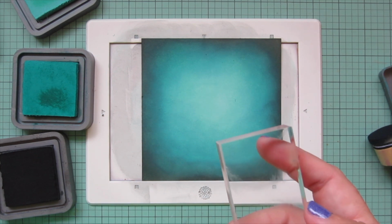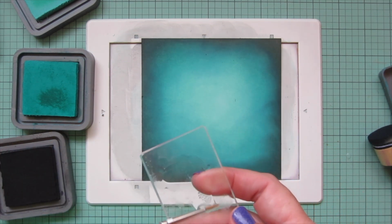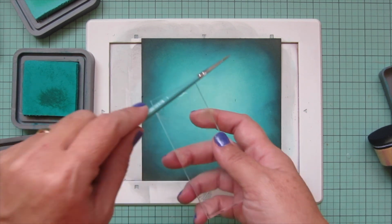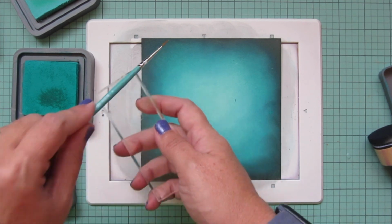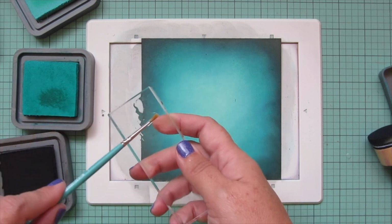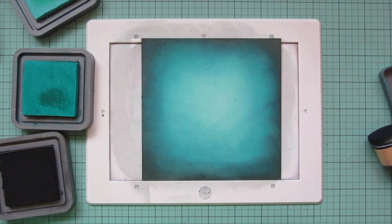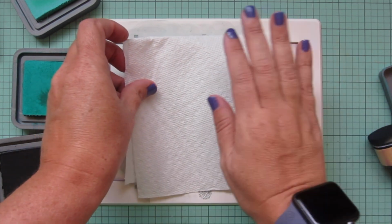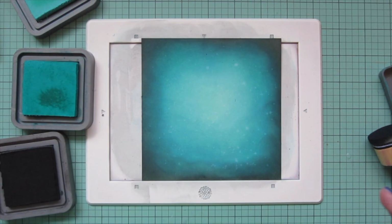am first going to just spritz on some plain water. I'm adding that to an acrylic block just to give me a little bit more control and tapping it off the block with a thin paintbrush, making sure that I get nice little splatters all over the background. And once I am happy with that, I will let it soak into the cardstock for about 30 seconds to a minute so it can react with those Distress Oxide inks, and then I'll blot it up with a paper